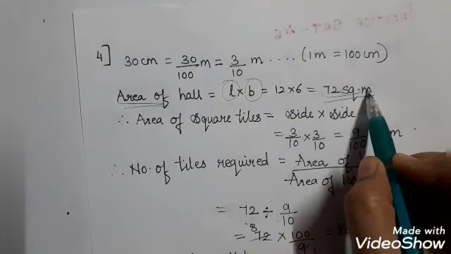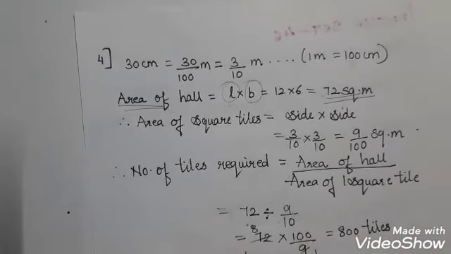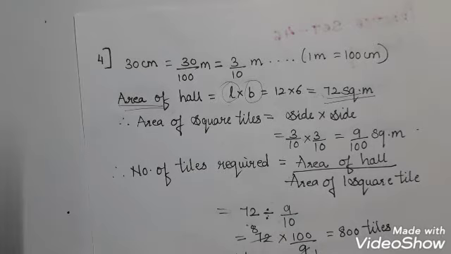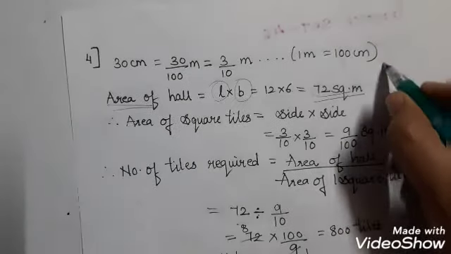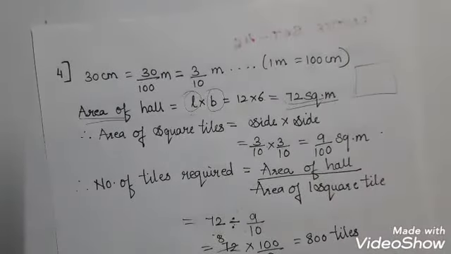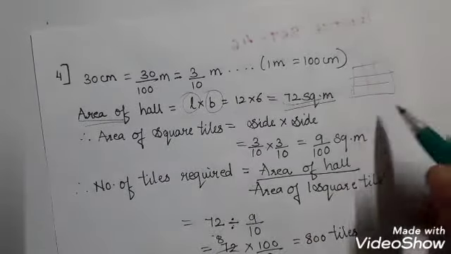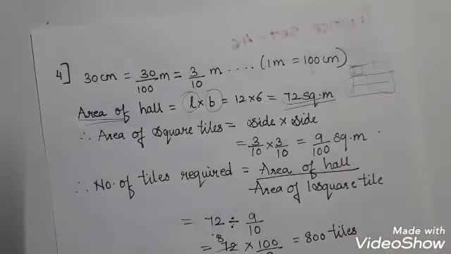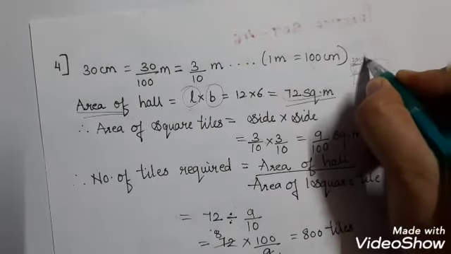Its flooring is to be made of square tiles of side 30 centimeter. Now the flooring of this entire hall is to be made. Okay, now the tiles should be of square shape. Suppose this is a hall. Now in this hall I have to put tiles. So each tile which is there is of square shape and the side is 30 centimeter.